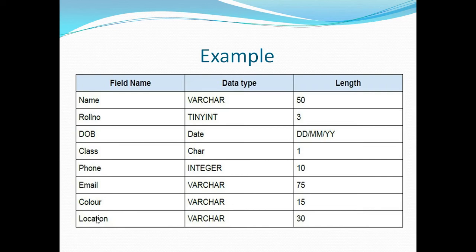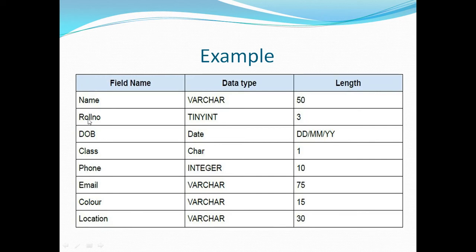So, for example, whenever we are storing data in a database, the first thing we have to do is create a database, and then in that database we can create multiple tables. Suppose I have created a database and named it student. Within that student database, I can create multiple tables. Suppose I am creating two tables: one is the personal info table and second is the marksheet table. The first table I'm going to create in the student database is personal info.